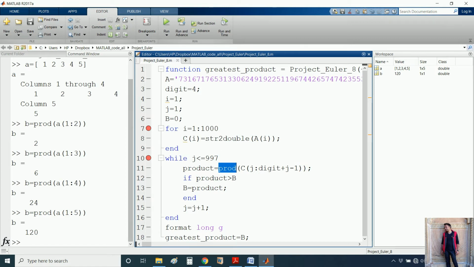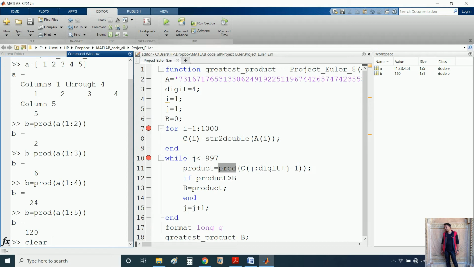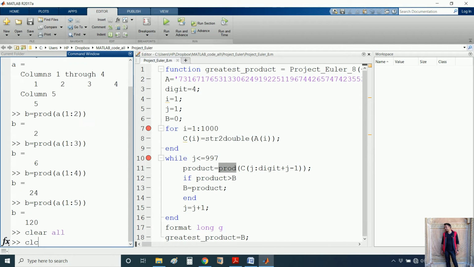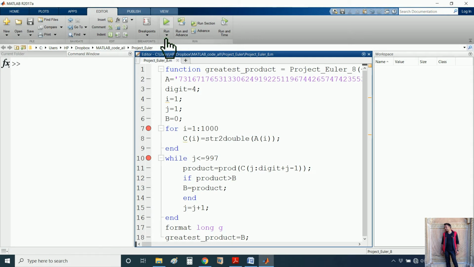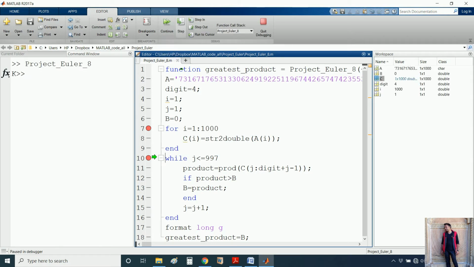Okay, so let me clear this. Let me run my code again. Now let me click on this tab. J is equal to 1. The product is equal to prod of C. J is 1, starting from 1 and ending at, digit is 4, so 4 plus 1 is 5, 5 minus 1 is 4.